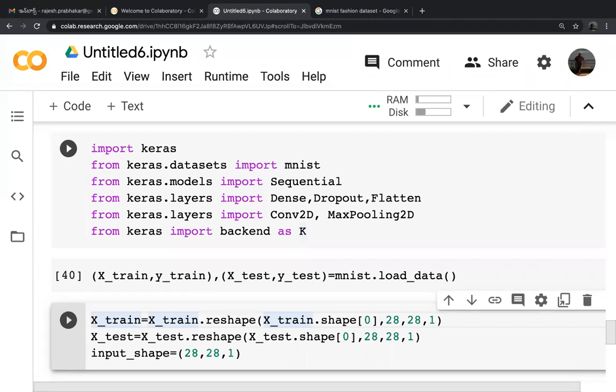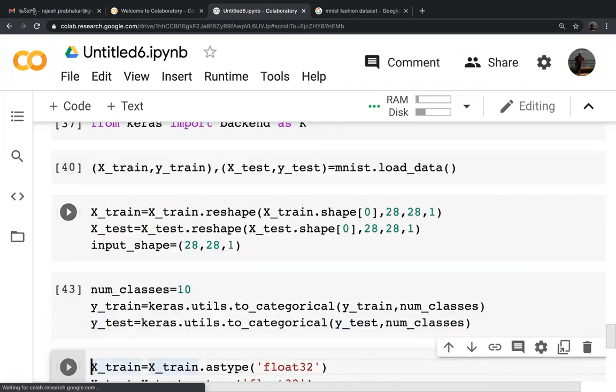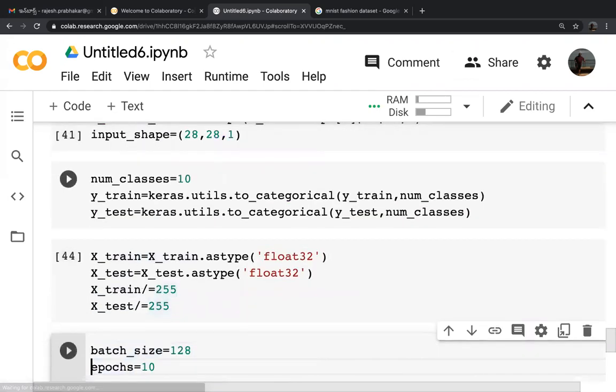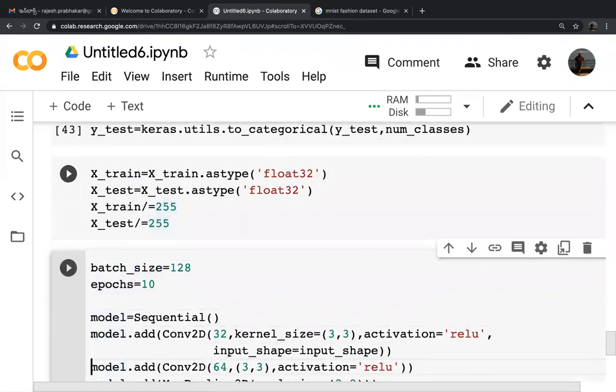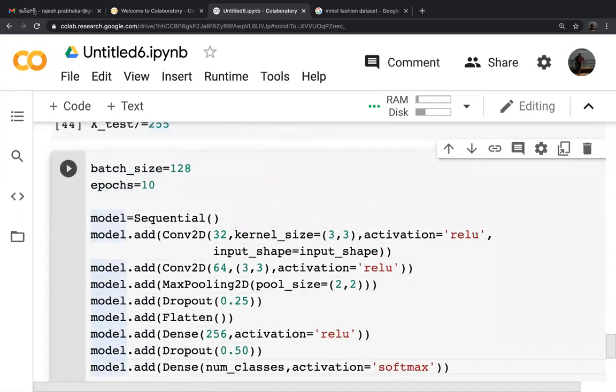In all these things, the reshaping and conversion into pixels is based on NumPy, done by astype float conversion, then dividing by 255.